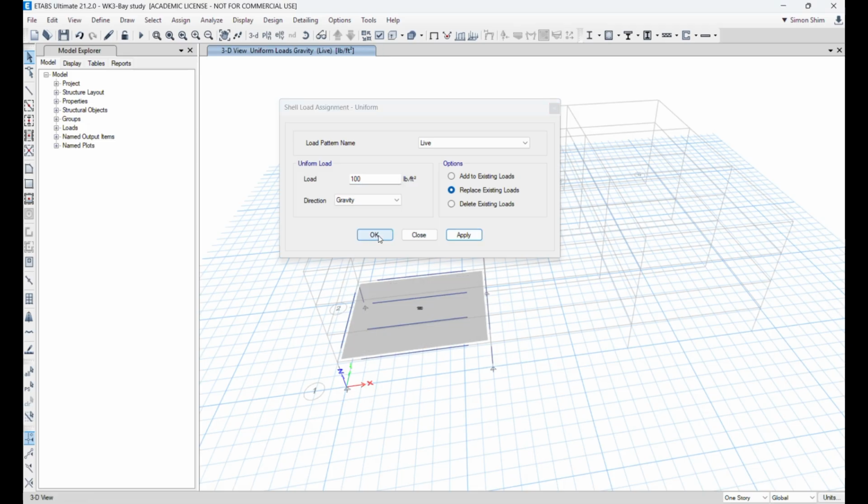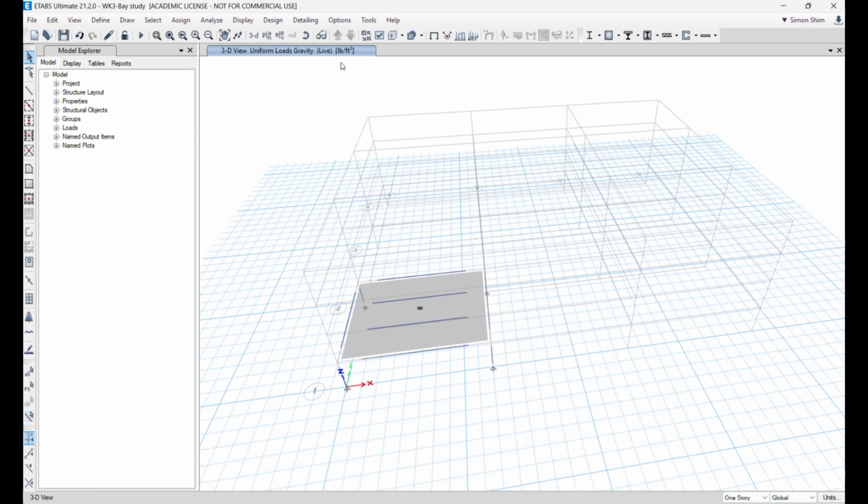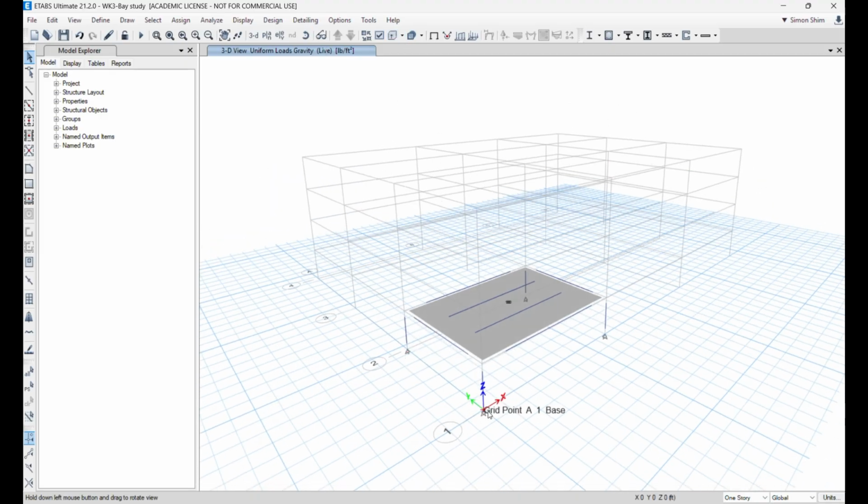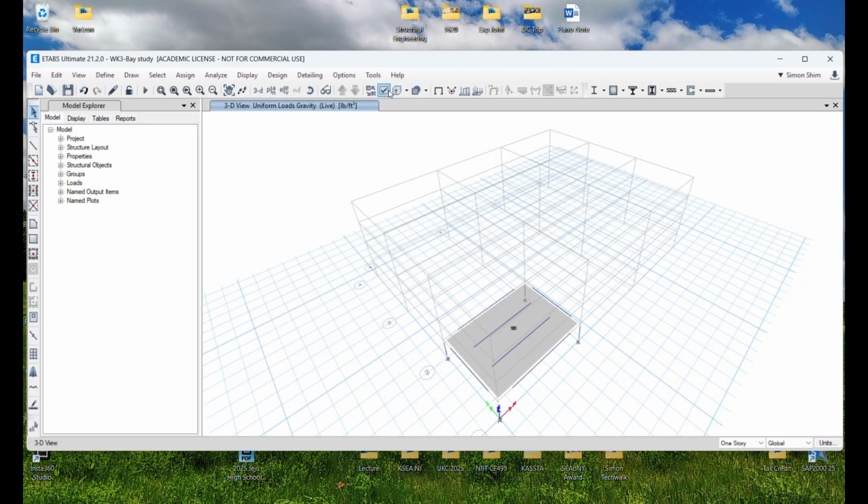All right, so I assigned the load. This model is geometrically done. In this case, one thing I need to make sure of, because this is a 3D analysis, is that I have all the columns and pins here, so the building might not be stable, but I'm also going to make sure all the boundary conditions are